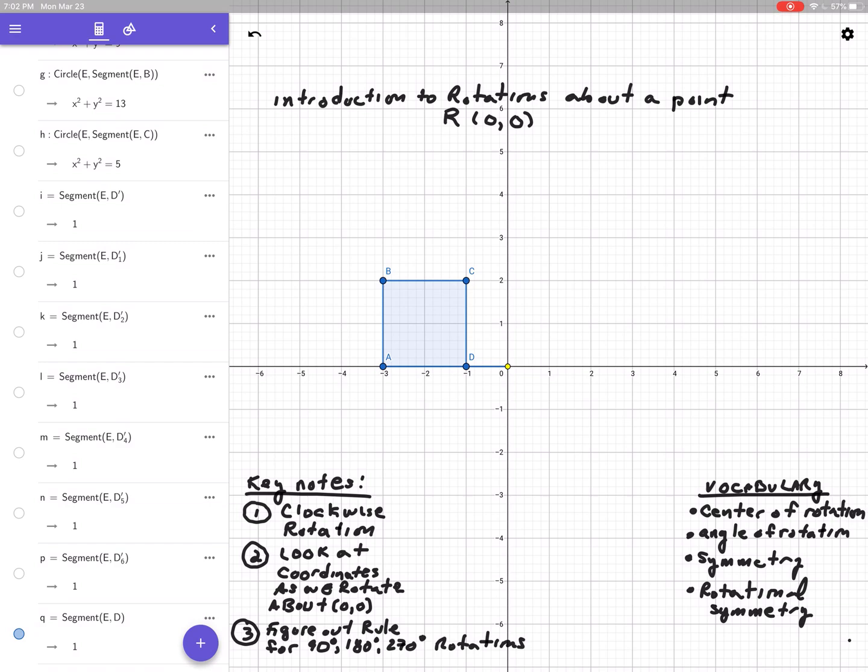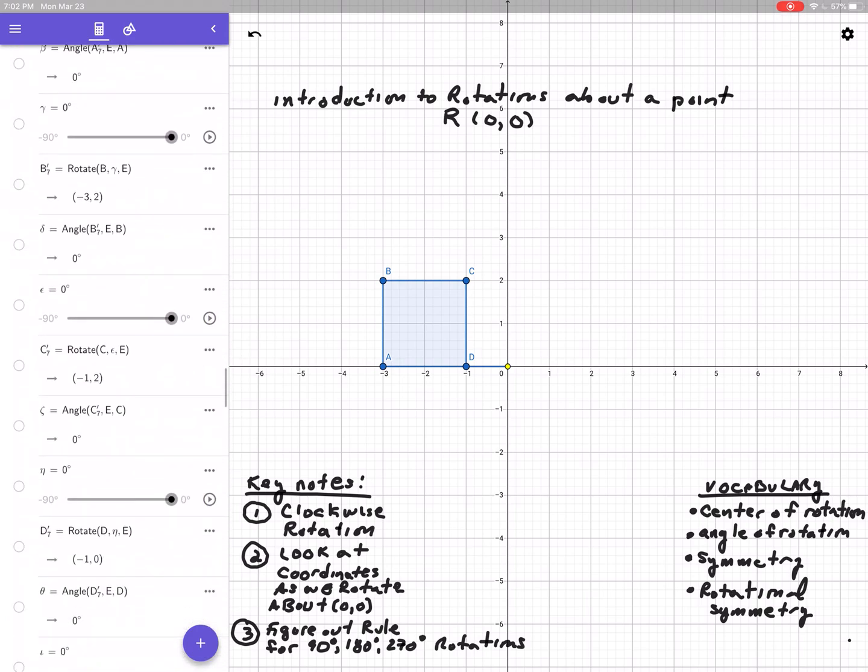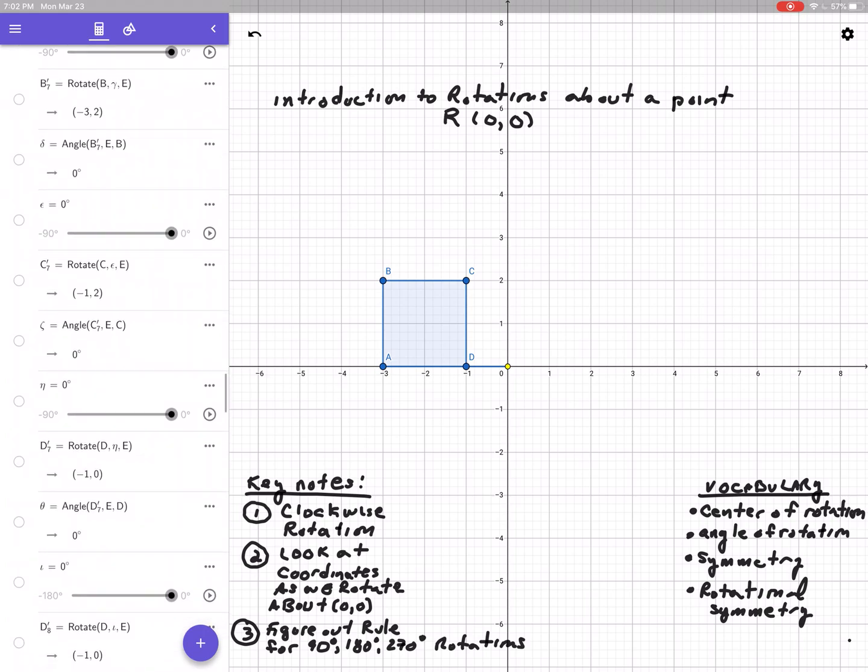The next thing I'm going to do is take a point, and that point is going to show you the rotation about the origin here. So notice the angles that we're going to be using, and let me swing this around here. Oh, there we go. So we've made a 90-degree angle. That's really wonderful. So we can rotate the pre-image to an image,